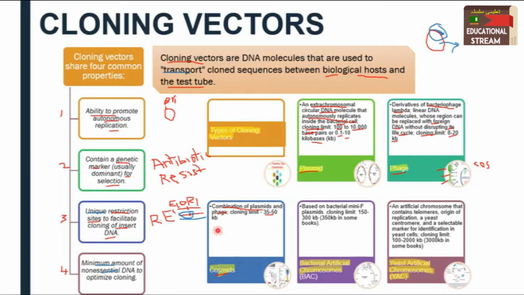The next advanced form of the vector is the bacterial artificial chromosome. Bacterial artificial chromosomes are based on the bacterial mini F plasmid. These are chimeric DNA molecules which use a naturally occurring low copy number bacterial plasmid origin of replication, as present in the mini F plasmid of the bacteria, and their cloning limit is 150 to 300 kb, or